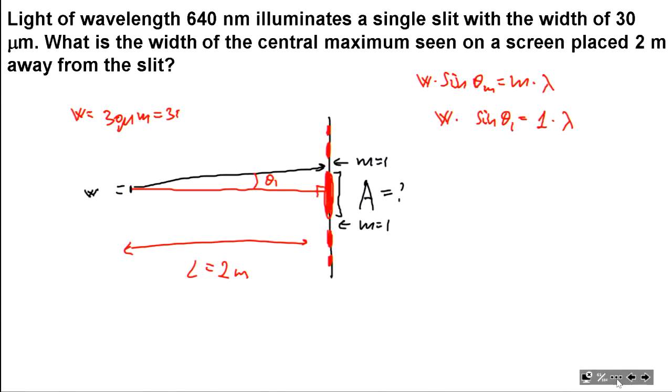So we can expect that this angle theta 1 will be very small, much less than 1 radian. You can calculate it, of course. However, if we use this approximation,